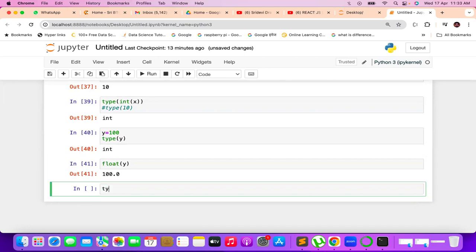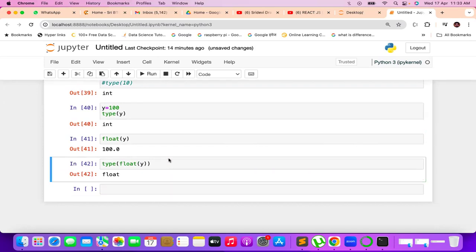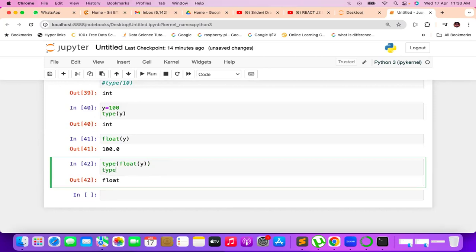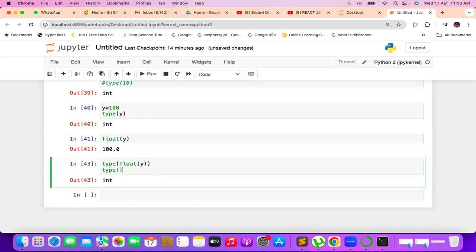Now, what is the type of float of y? Type of float of y is float, and this is different from type of y. Type of y is integer. Yes, that is the only output. Type of int of float of